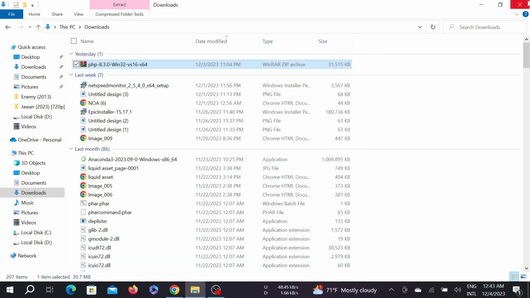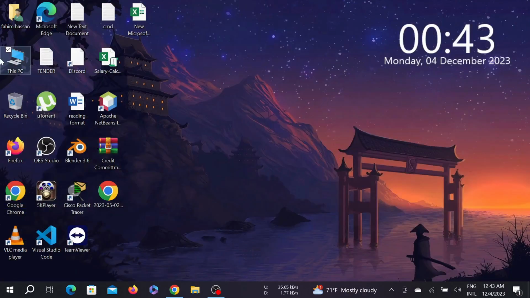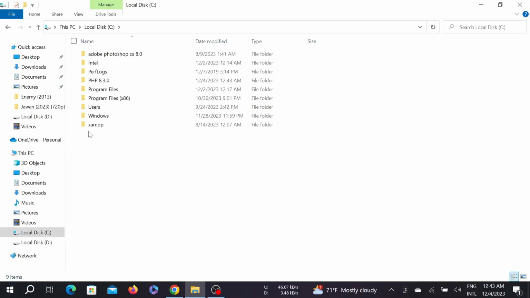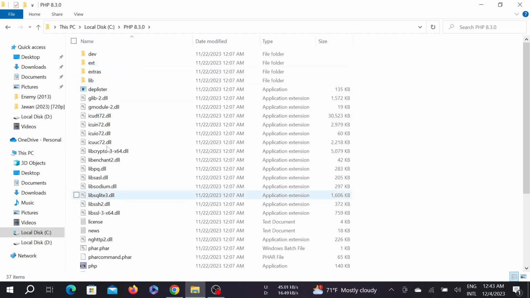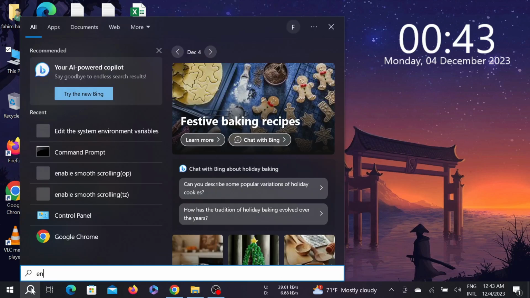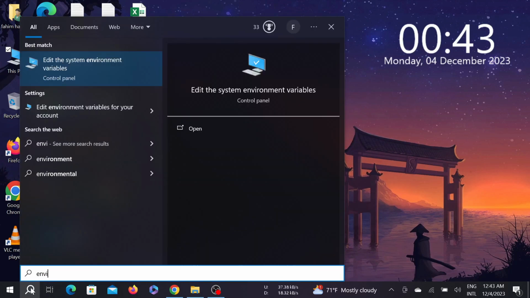So after the process of extraction is completed, go to the folder. This is the folder, click it, and as you can see all the files are here. Now we have to copy the link. To copy it, just click on the search bar, and you can see this is the path, and copy this link and minimize it, and now go to the search option and here type environment,